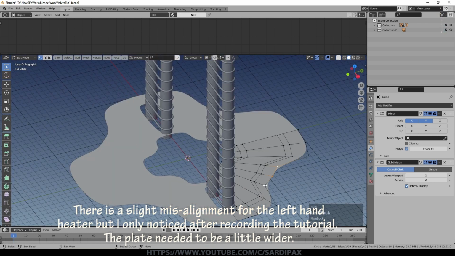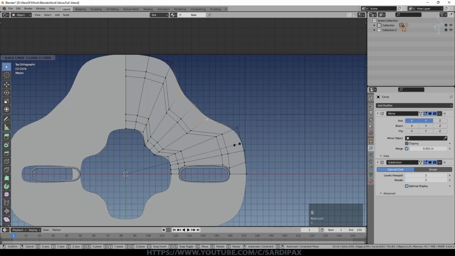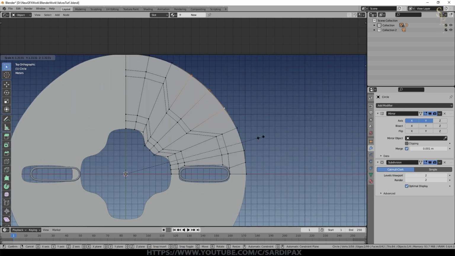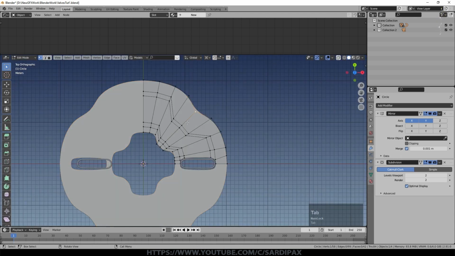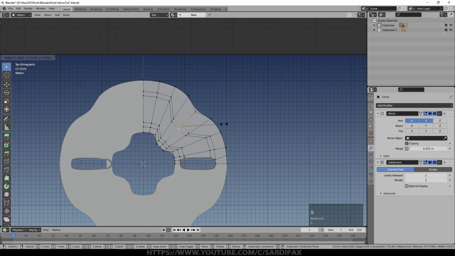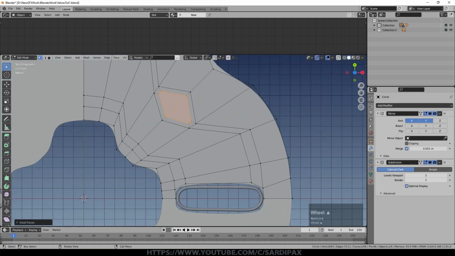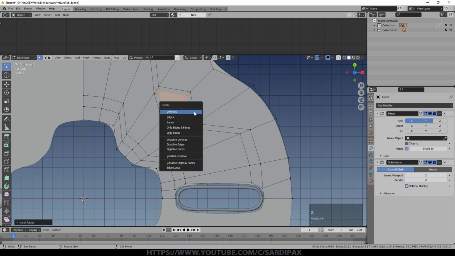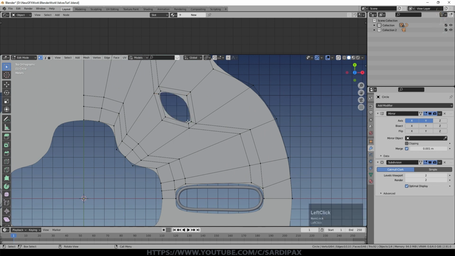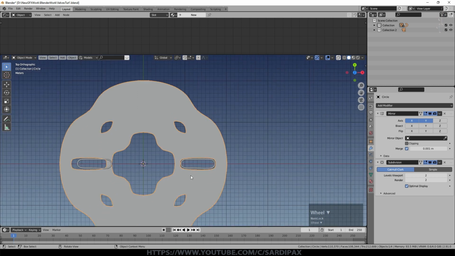I think I'll draw these out slightly, so I'm just scaling out, and that gives us a rounder shape. Perhaps scale that one in, and then if we want to, we could put some more holes in it. So I'm going to go back up here and say median point and just say scale on that. Then I'm going to select all the points around there, press I, and that's called inset, and that gives me a set of vertices inside. And now I can press X and delete faces, so that creates us a little hole in there.